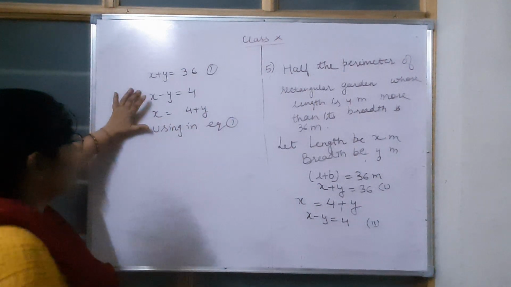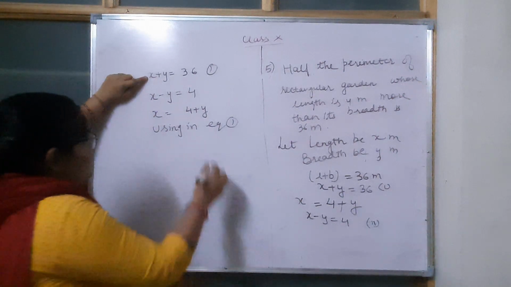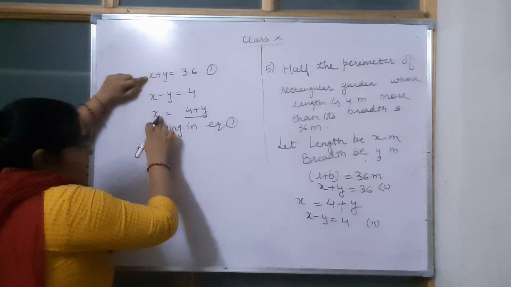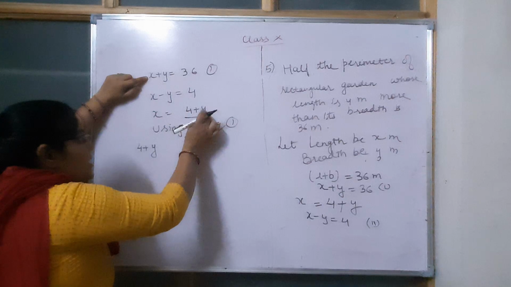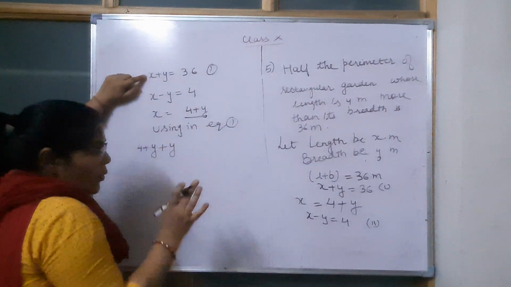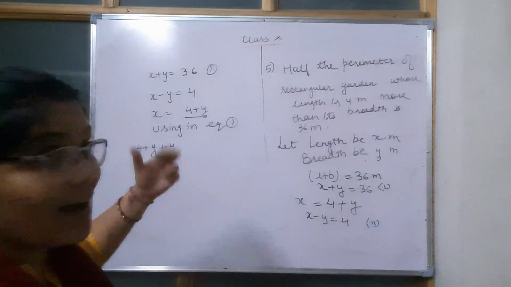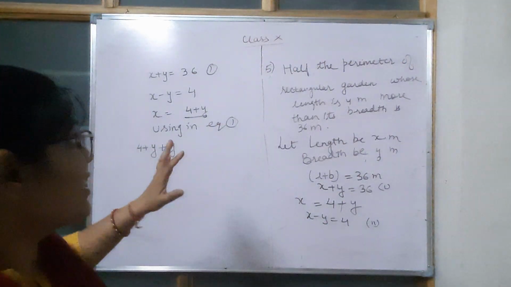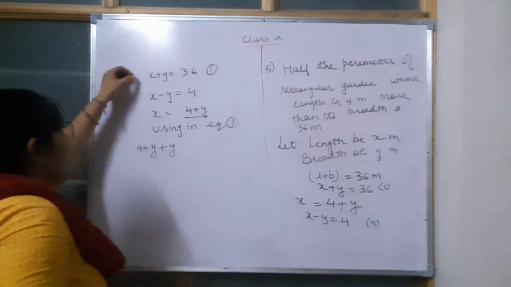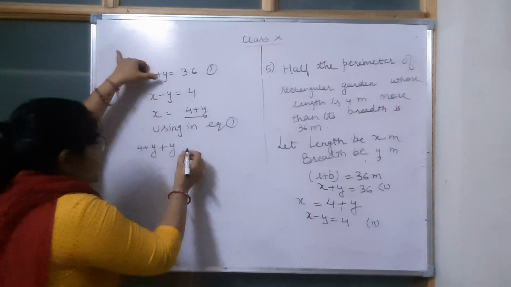I hope everybody is very much clear. x minus y will become plus y. Now in place of x, I will write 4 plus y, because I have taken the value of x from this equation, so we will put this in another equation. आपने जिस इक्वेशन में से लिया है, आपको प्लेस किस में करना है? सब्स्टिट्यूट किस में करना है? अनदर इक्वेशन में, सेकेंड इक्वेशन में. You have taken the value of x from this equation, you have to put this in the second equation. So at x we will write 4 plus y, then plus sign, then y equals to what?